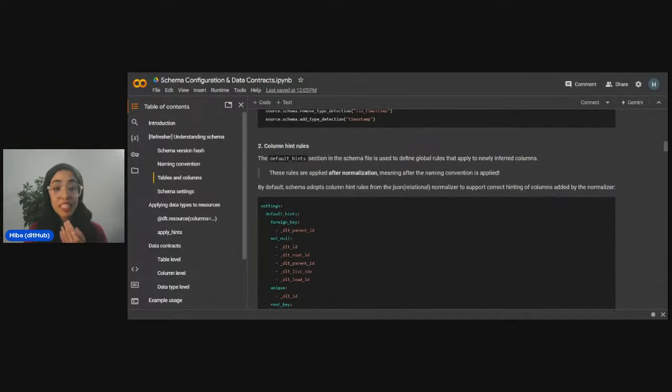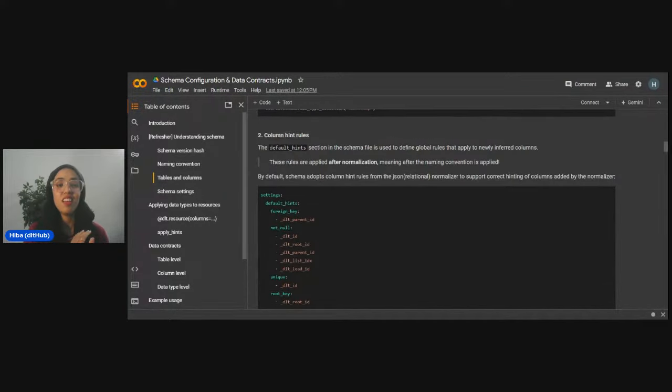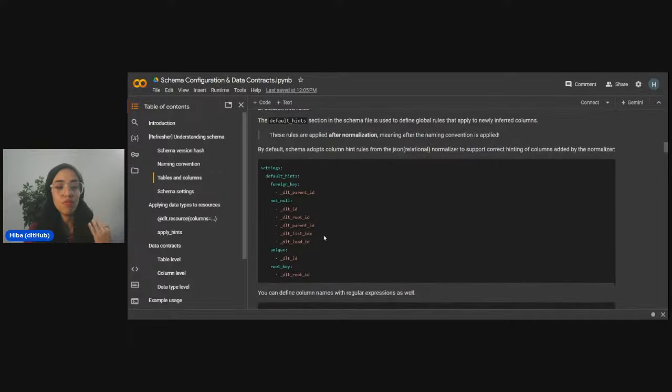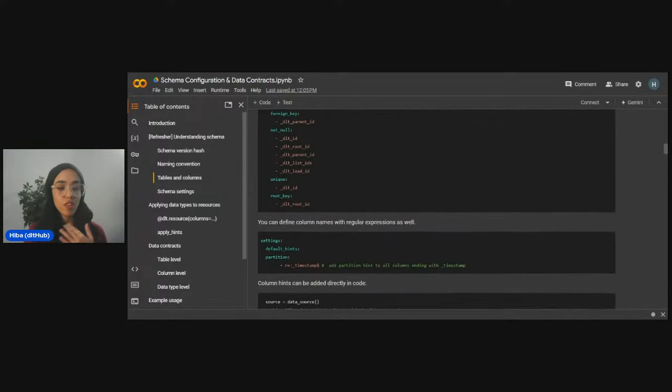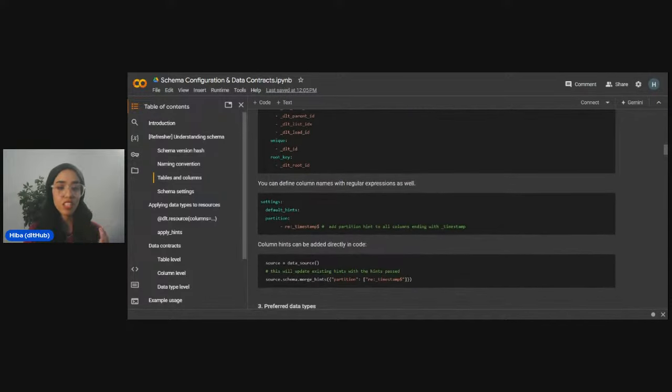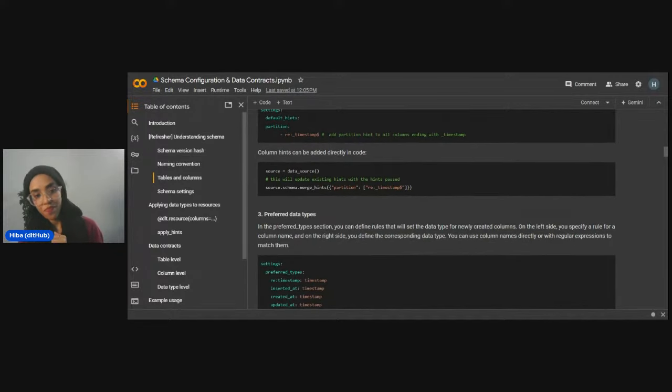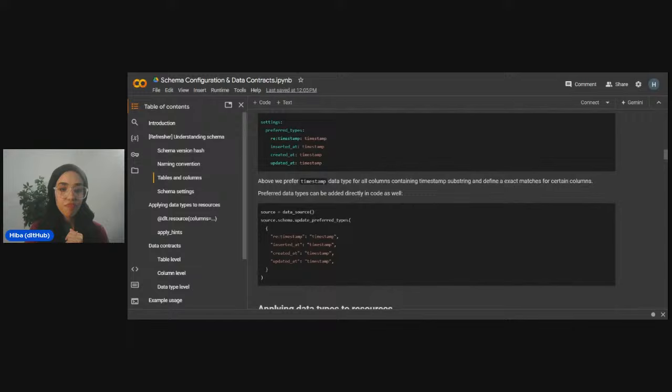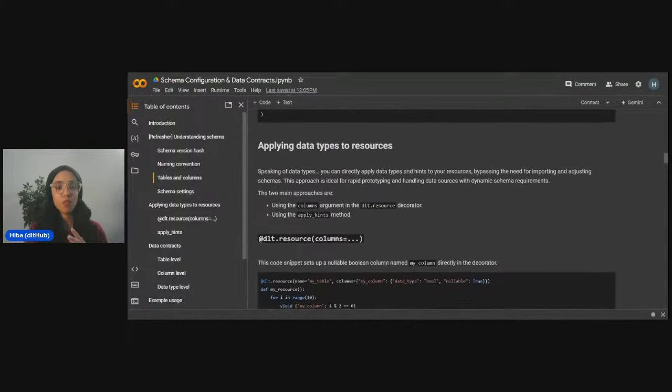The same thing with column hints, where you can define the nullability, primary key, foreign key, etc. This can be done, again, in the schema file and also in the code. Right? And I think let's move on to the